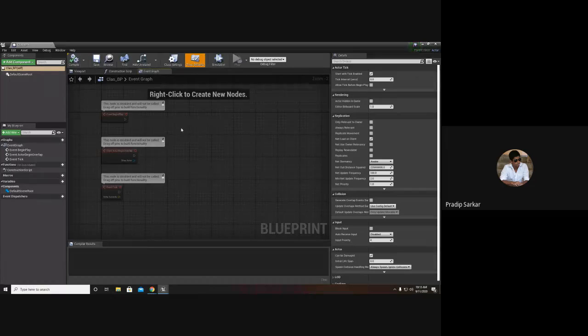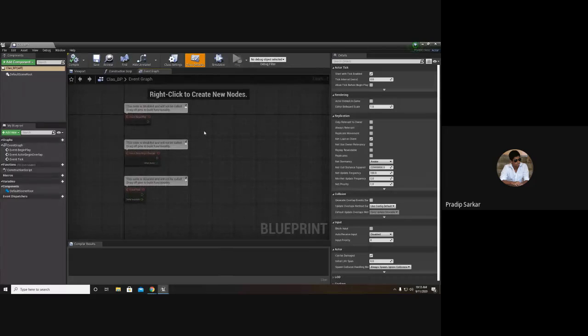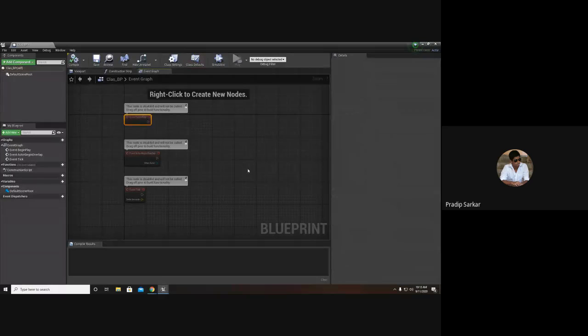Now in the event graph, there are 3 nodes: event begin play, actor begin overlap, and event tick. This we don't need.